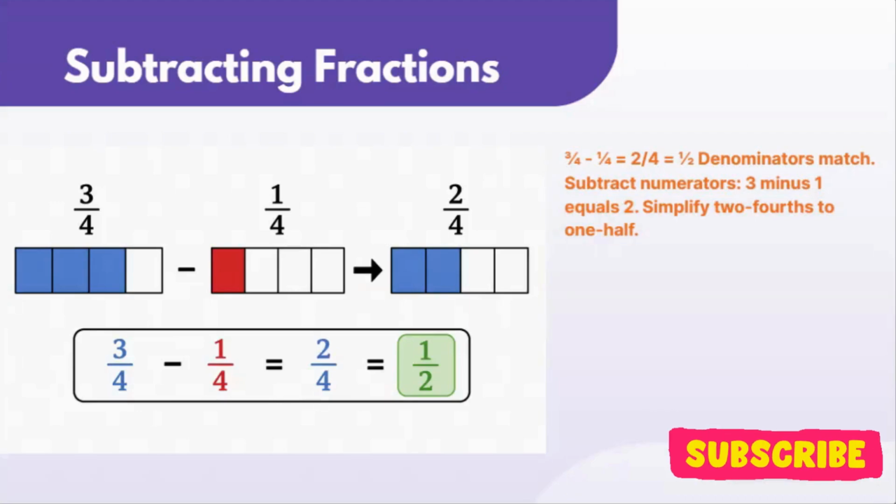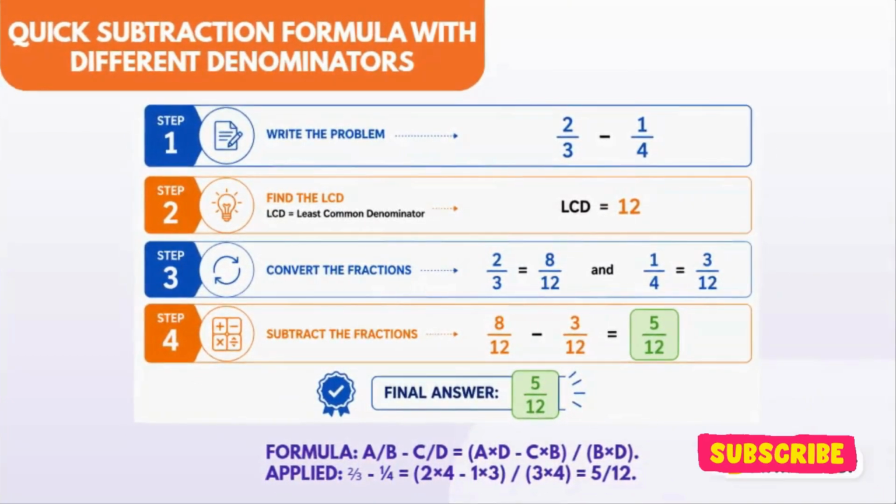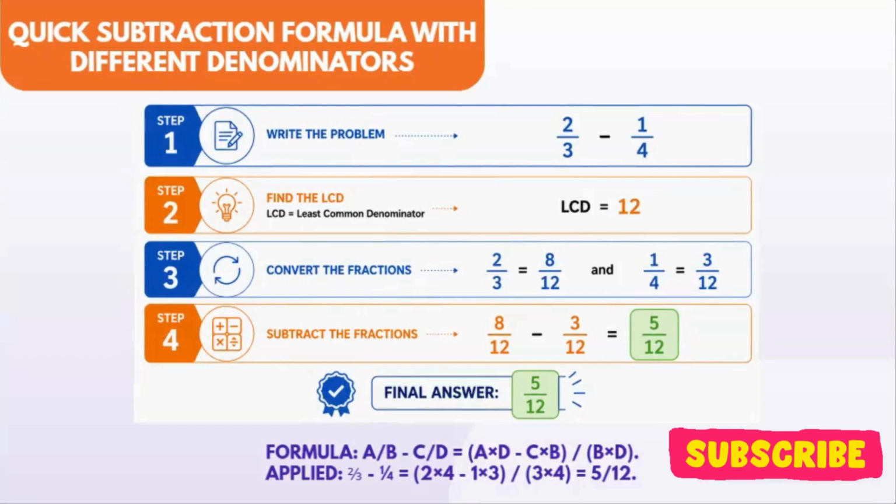In the quick subtraction, this is the same method as before, but in this method, you can also use the two methods. Okay, in this method, first of all, you have to write the two fractions. I want to subtract 2/3 minus 1/4. First of all, you have to find the least common denominator after writing the multiples. For example, the least common denominator is 12. Then you have to multiply each fraction by a certain number in order to get 12 in the denominator. As given below, after getting 12 in the denominator, you then subtract only the numerators. After subtracting the numerators, you will get the answer 5/12.